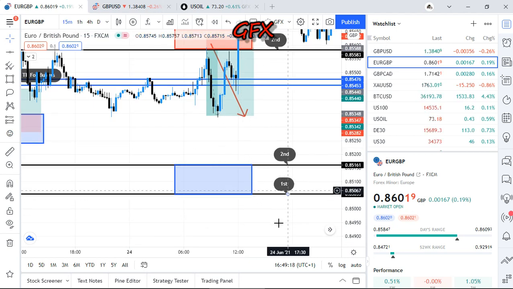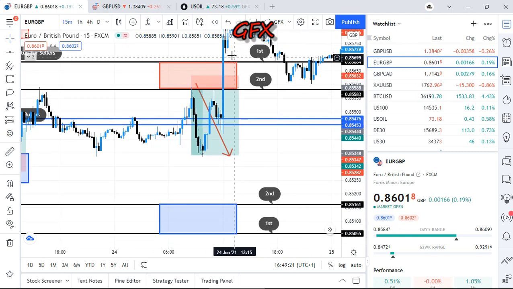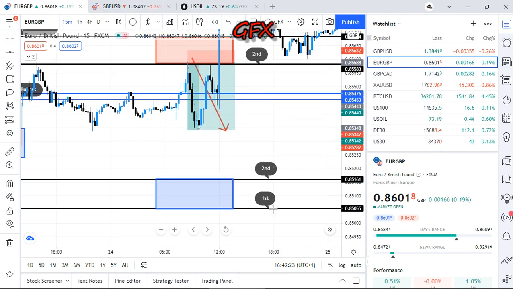The first line on the demand zone is the one under. The first line on the supply zone is the one on top. The first line on the demand zone is the one under. Second line is on top. I'll call the first line on demand zone is